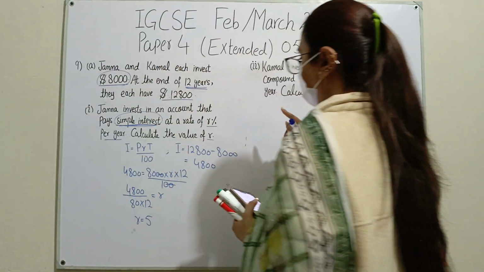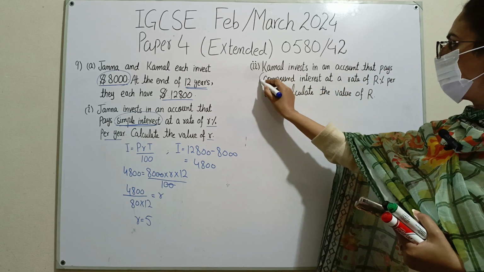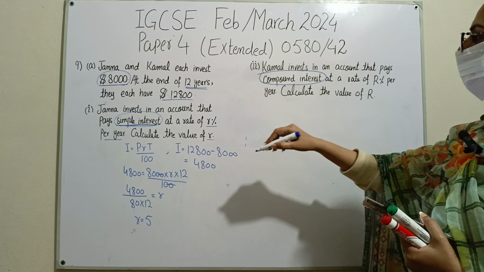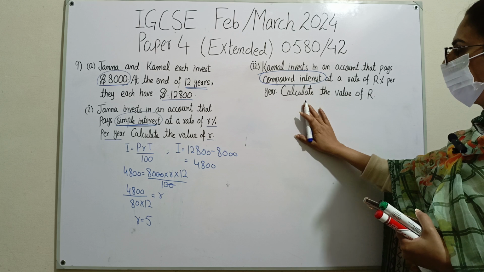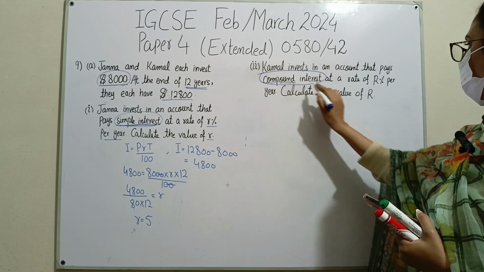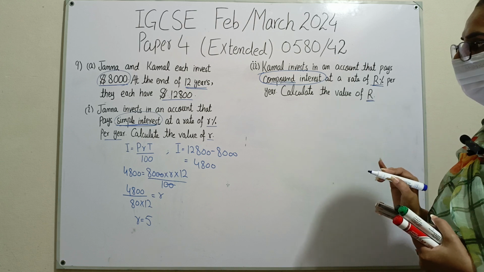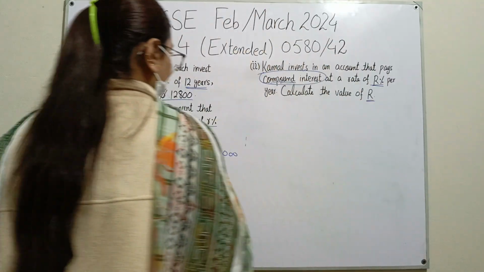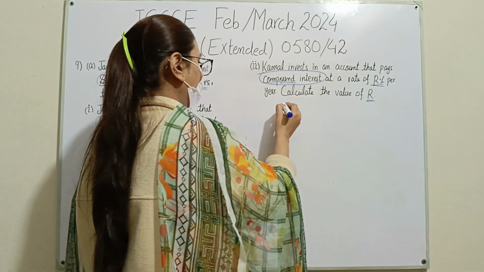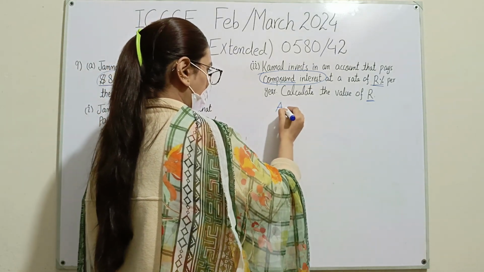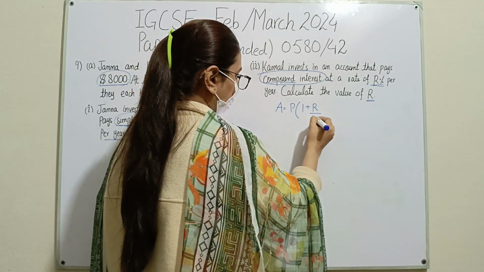In the second part, he is saying Kamal invests in an account that pays compound interest. In the previous question, you were dealing with simple interest, while in this question, you have to pay heed to the words compound interest at the rate of R percent per year. You have to calculate the value of capital R here. You have to remember the formula for compound interest. The formula for compound interest is A is equal to P (1 plus R by 100)